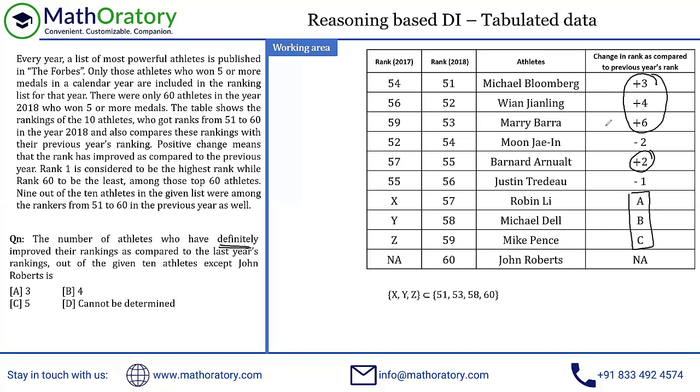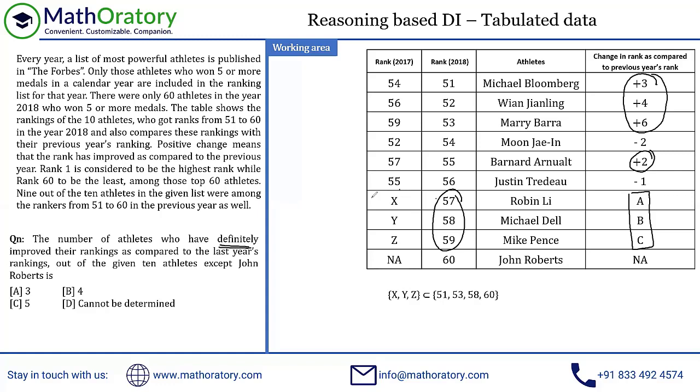So I'll try to make A, B, C all of these negative. That is my objective, and that is quickly assigned. There is nothing too much to do about this. So what I'm going to do is just focus on these three numbers. So X has to be less than 57, Y has to be less than 58, and Z has to be less than 59. Only then you will have these values as negative. If you are finding it difficult to understand that negative positive thing, just focus on any known bit. So check this out, 55 is less than 56, so then we have a negative, right? Whenever we have 57 greater than 55, we have a positive change. So I'm trying to assign X, Y, Z as something less than 57, 58, and 59 respectively.